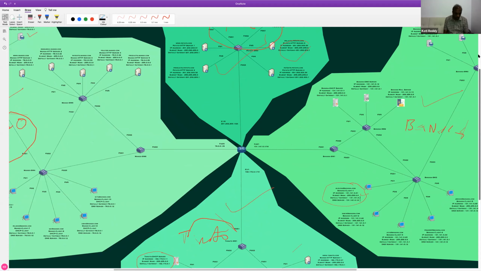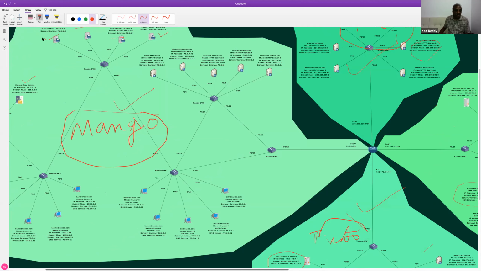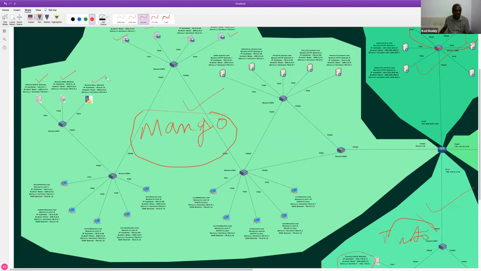78.0.0.0/8. We also have 201.202.203.0/24. We also have 162.172.0.0/16. We also have 131.141.0.0/16. So this is the IP addressing scheme I have taken. There are 4 different companies in our case study, and different companies are in different network IDs. And all of them are connected only by one router as of now.